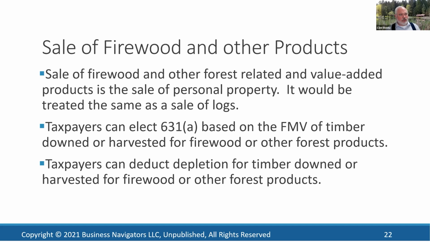Generally, these numbers are so small that it's not worth messing around with, and you're just going to put the sale of firewood, other things, either on a Schedule C if you're in the business of cutting firewood, or you're going to report it on the front page of the 1040 as other income, net of depletion if you have any, the logging and hauling, and your sale expenses, but not any of your operating costs. So you can't deduct the operating costs, but you can deduct basically the conversion costs of the logs. And with that,